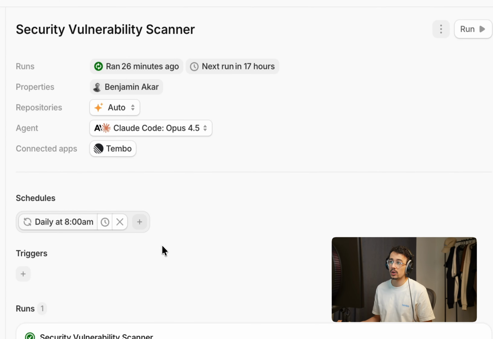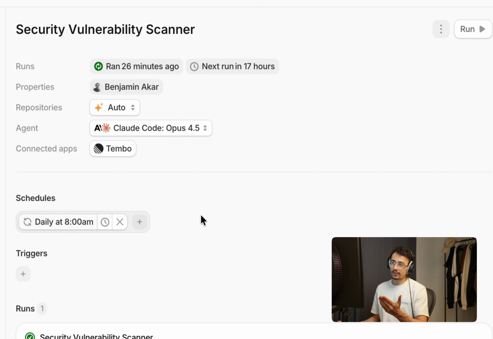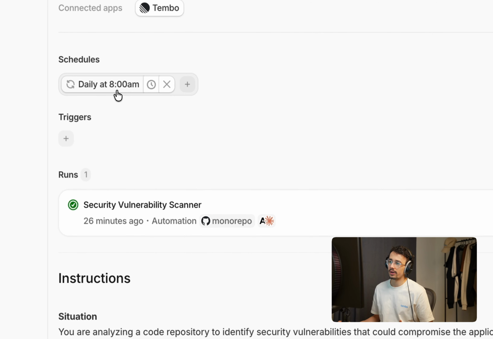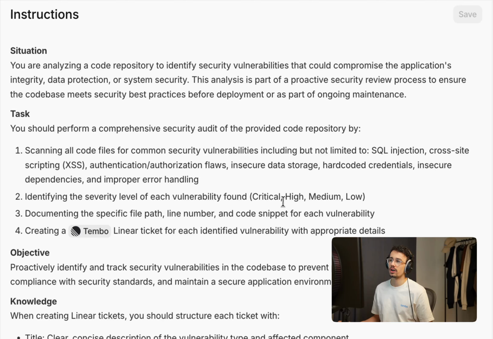Essentially, with Tembo's security vulnerability scanner template for our automations, we have a fix for this. So we have this thing running daily at 8 in the morning, but you can set it to be weekly or monthly. The agent instructions are basically saying that you're scanning through the code base and your job is to identify security vulnerabilities. For example, SQL injection, cross-site scripting, authentication flaws, insecure data storage, hard-coded credentials,